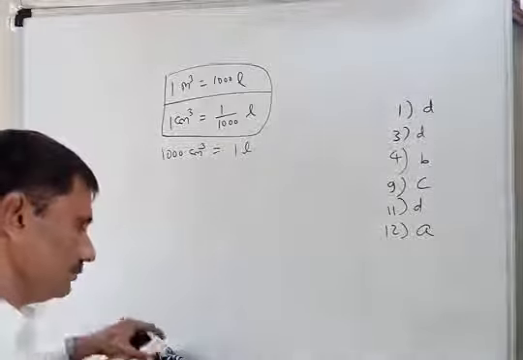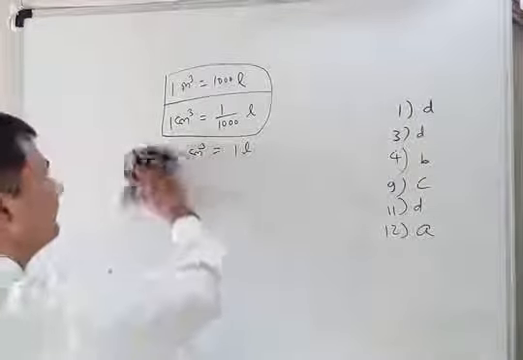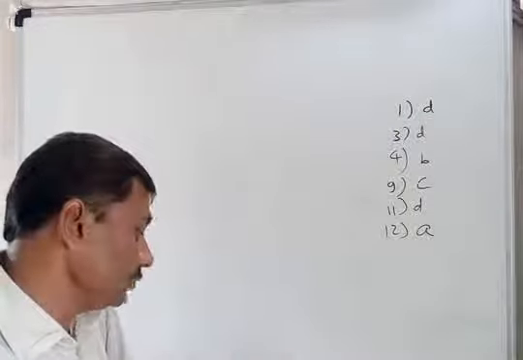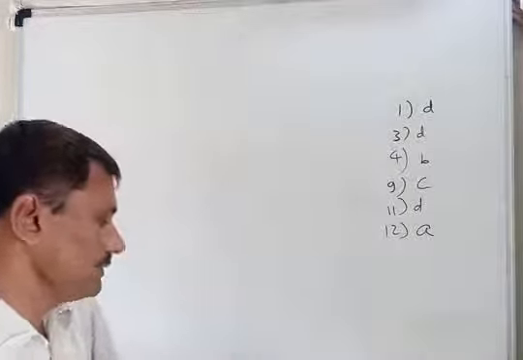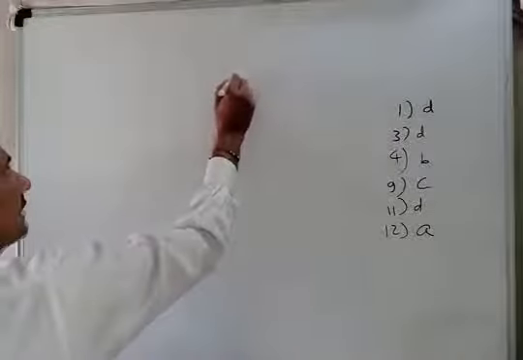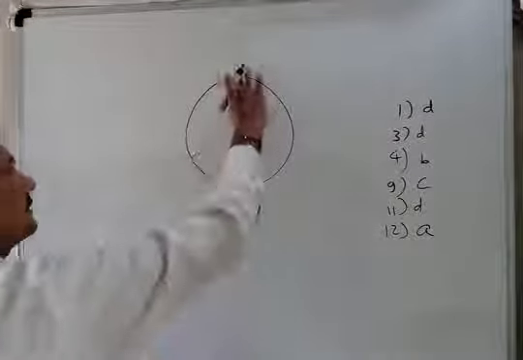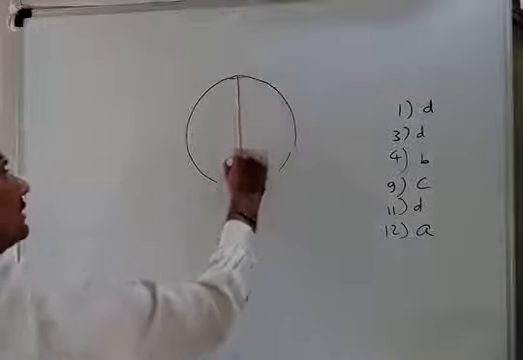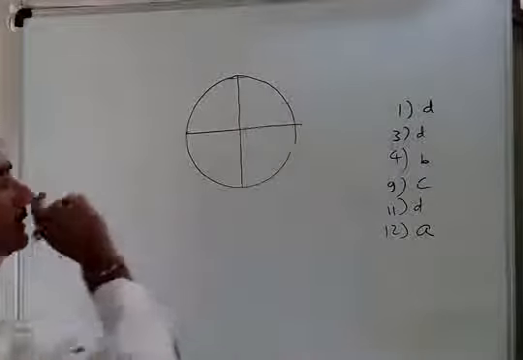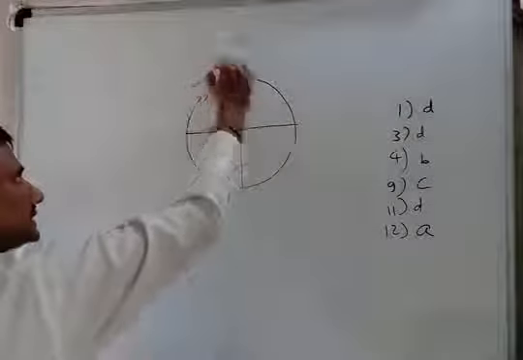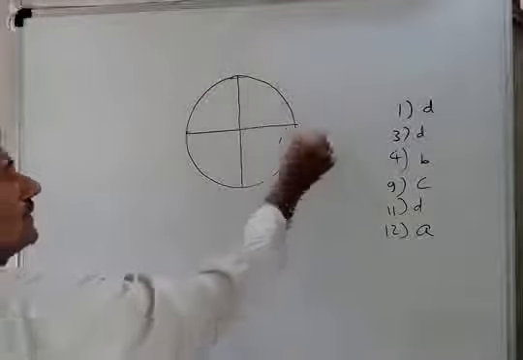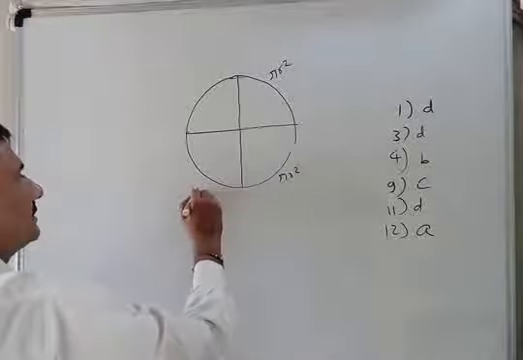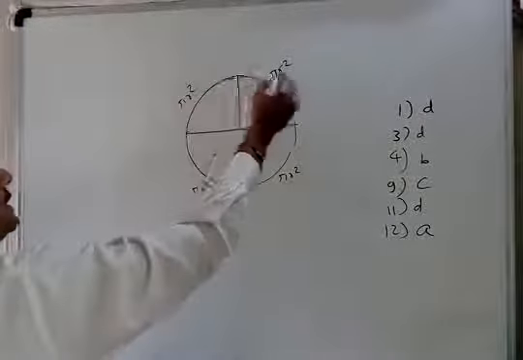Okay. Now, number 30. After dividing a sphere into 4 equal parts, total surface area is. Just try to understand here. Suppose there is one sphere. If I divide it into 4 equal parts, then what happens? The total curved surface area is 4 pi r square. So each part becomes pi r square, pi r square, pi r square, a fourth part of that.